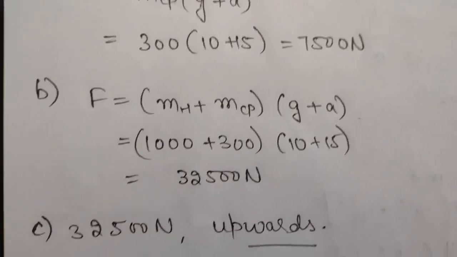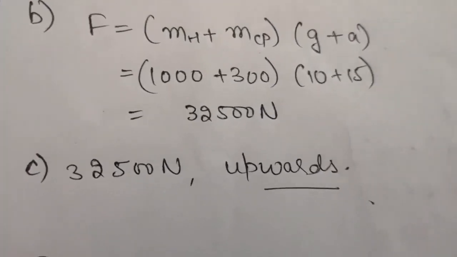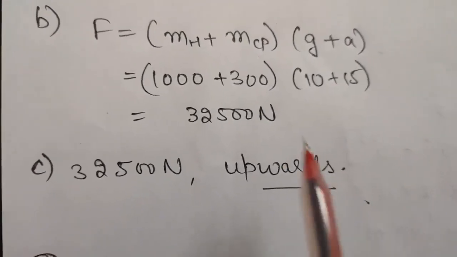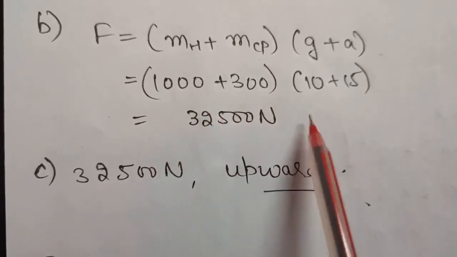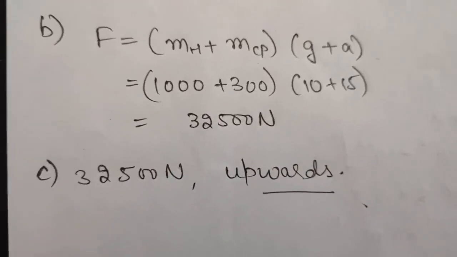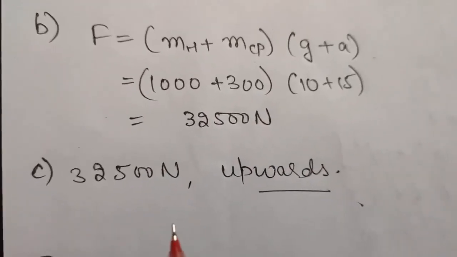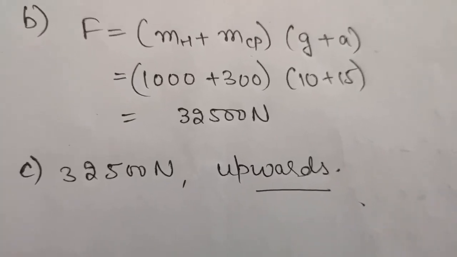And the value of this reaction is asked in the third part. So as you know, action and reaction are equal in magnitude. So the magnitude will remain the same, but because this action is in downward direction, the reaction on the helicopter due to surrounding air is in upward direction, because this is a reaction.